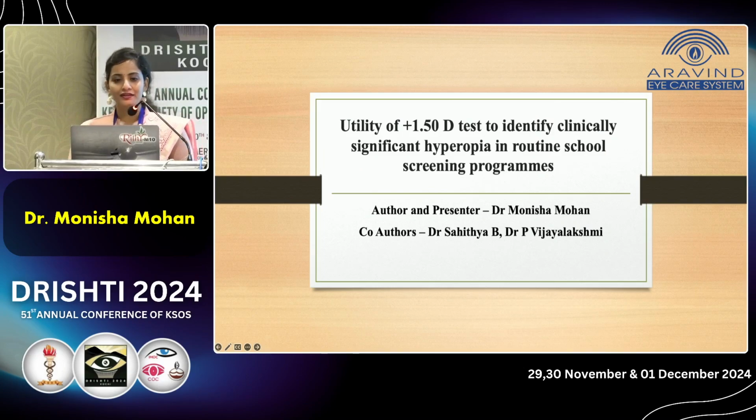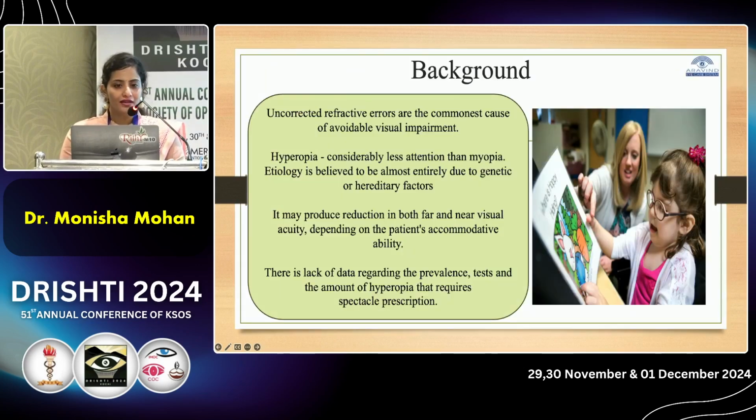Good morning everyone. My paper is on the utility of plus 1.5 diopter test to identify clinically significant hyperopia in routine school screening programs. We know uncorrected refractive errors are the most common cause of avoidable visual impairment, and hyperopia gets considerably less attention than myopia. That is because the etiology is believed to be almost entirely due to genetic or hereditary factors. It may produce a reduction in both distant and near visual acuity depending on the patient's accommodative ability. However, there is a lack of data regarding the prevalence,